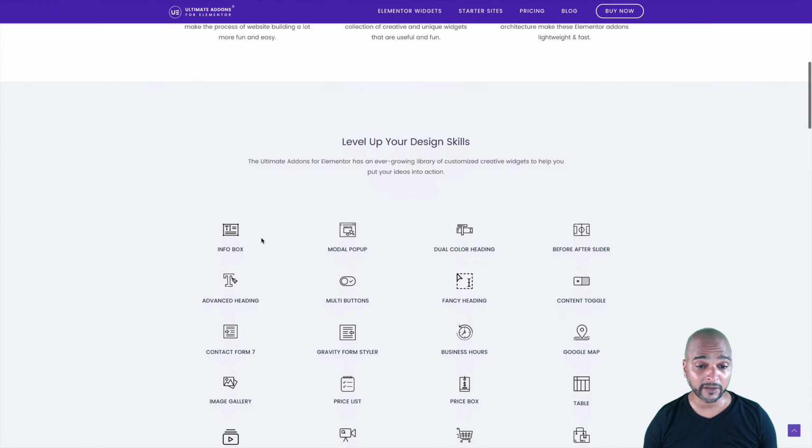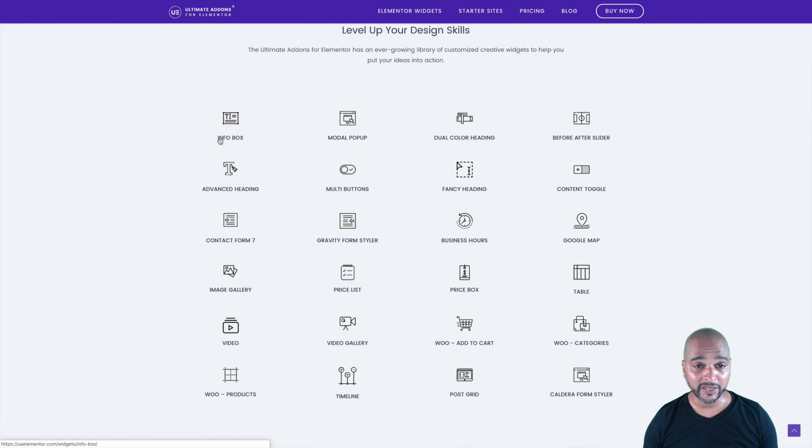So basically it's a set of widgets that you can use to take your Elementor game to another level. Now I love the Elementor and Elementor Pro widgets, and the good thing is that there are some widgets that are completely different with the Ultimate Addons for Elementor, although there are some widgets that overlap what Elementor Pro is offering. But basically, it's always good to have options, especially when it comes from a company that you can trust,